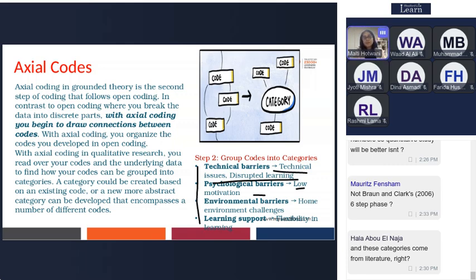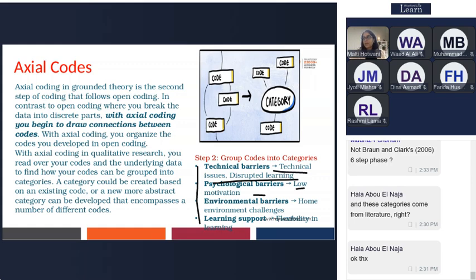These categories you will develop using the literature review as well as what the interviewees are telling you. Yes, but it majorly comes from the literature review. Okay, and you can use different theories or different methods of analyzing your qualitative data, that's fine. I'm not using Braun and Clarke's 6 steps. You can use it, there's no issue with that.